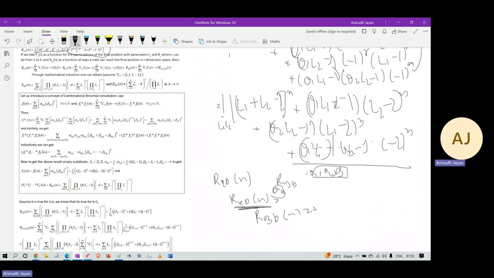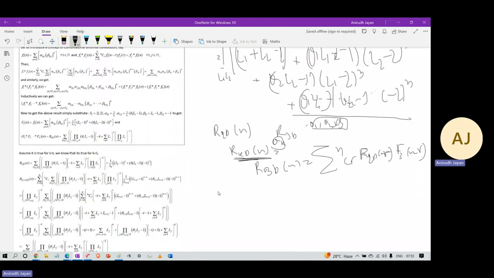R3D of n is simply the sum of NCR, R2D of r, R1D of n minus r, and so on. RKD of n will simply be NCR